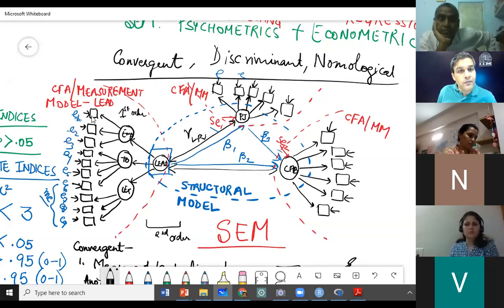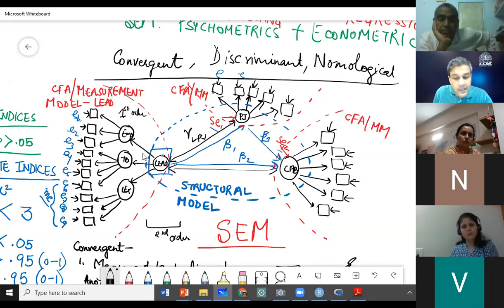If I move from the item forward, my first circle is the first order factor. That means this is the EMP dimension. And then what I am saying here is that these 3 dimensions are actually part of a larger construct which I call leadership.